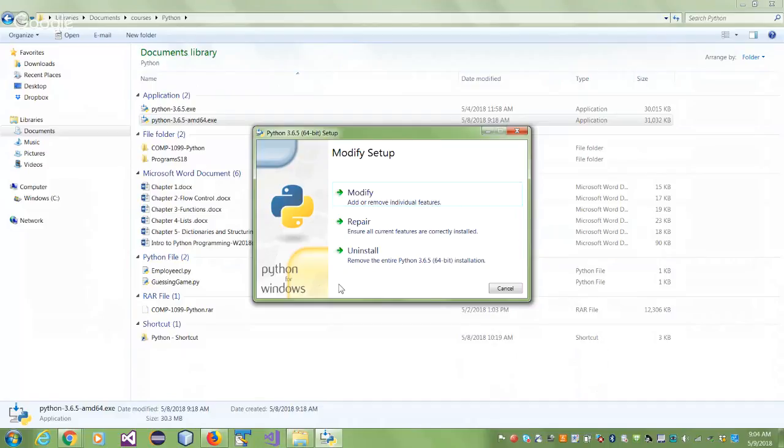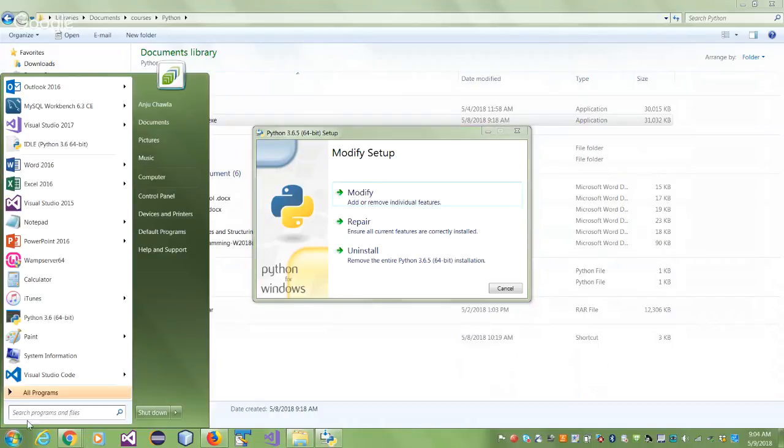What is a path? A path is a variable in our system. They're called system variables. It's a system variable called path, and it has the directories that you would like to use by default. So if I have Java installed and I know Java is installed in a particular directory, I'll say, oh, include it in my path so that I can run it on the command line.